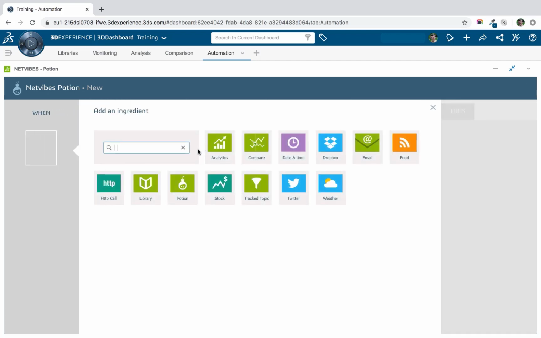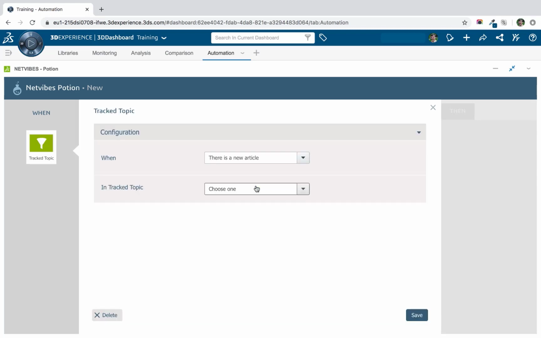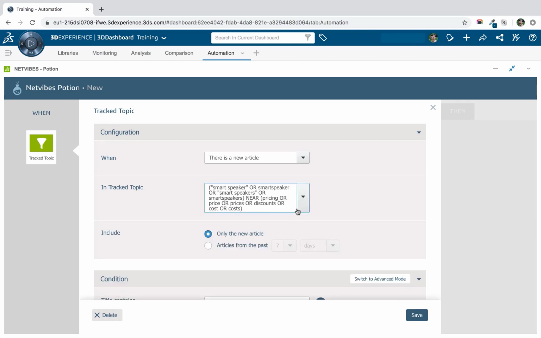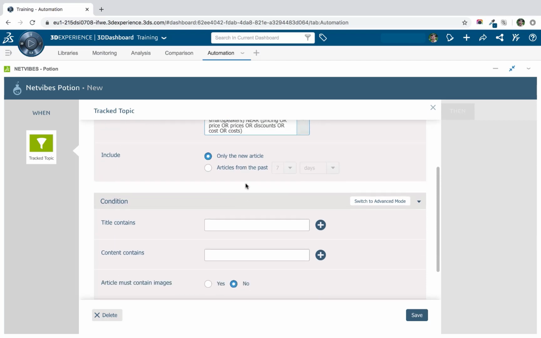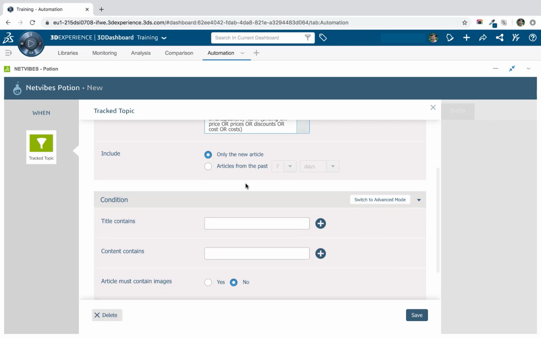Then the final trigger ingredient is the track topic. So this allows you to take any track topic on your dashboard. When there's a new article published in the track topic that you choose, we'll take either that new article or the articles over a particular time period and either put all of those into the output ingredient or just those